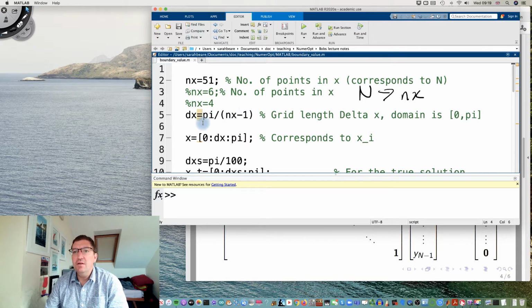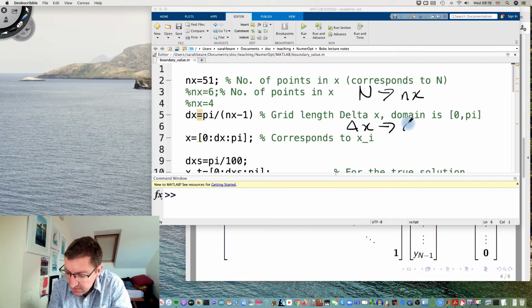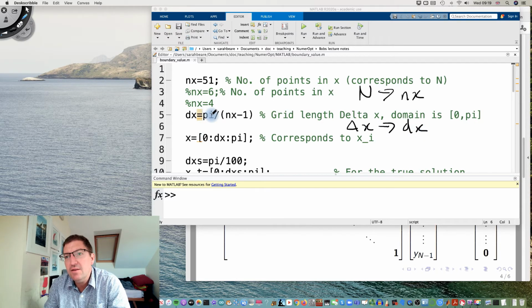Then we have dx, which corresponds to delta x. So delta x is simply written as dx in the code. And that's basically the length of your domain, pi, divided by